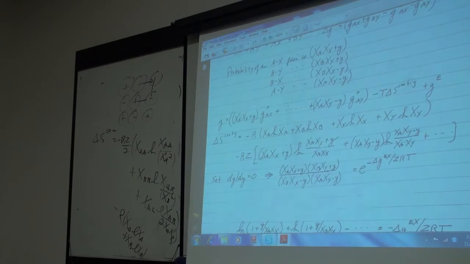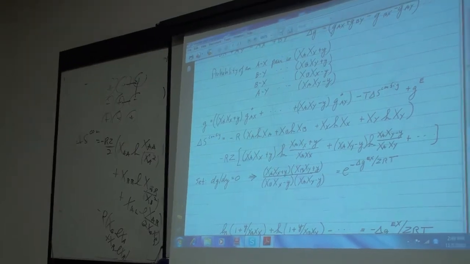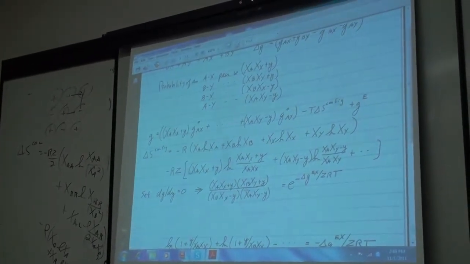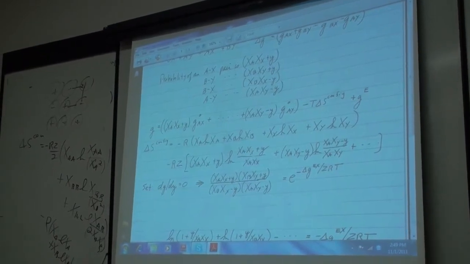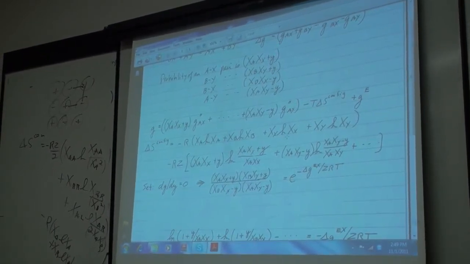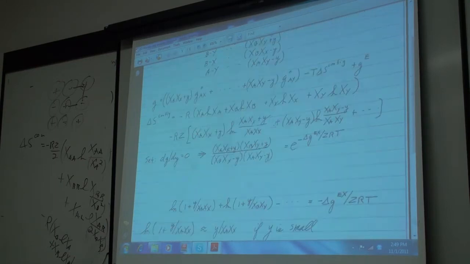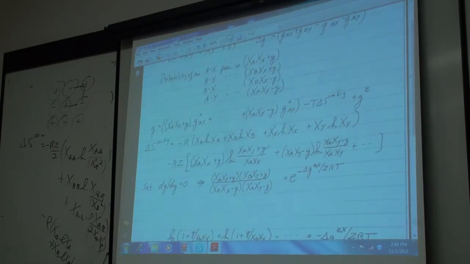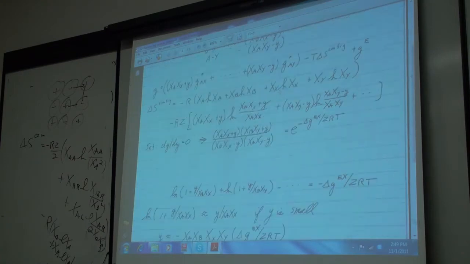If y is small, and this is the way that it's done by SGTE and Thermo-Calc and so on, let's suppose that y is small. So we're going to try to approximate. So in principle now, you no longer have a simple polynomial. You've got to solve this equation numerically to get the value of y, put it back in, and you end up with a complex thing. The way of doing it, if y is reasonably small, not too big, so you have a fairly small short range order,